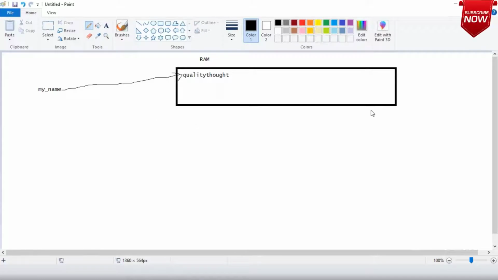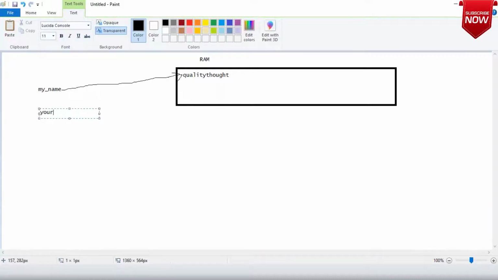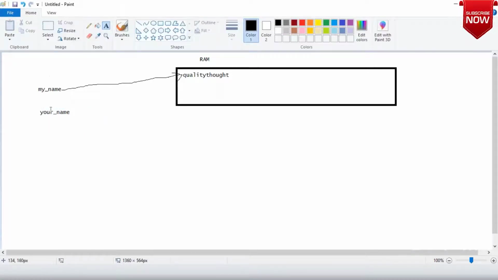Do you agree with this? Then I have written a statement saying your_name equals my_name. Then what happens? your_name doesn't know anything about it. It will also go and point to the same memory location, but this time what I would do is refer to this, let me use a different color.